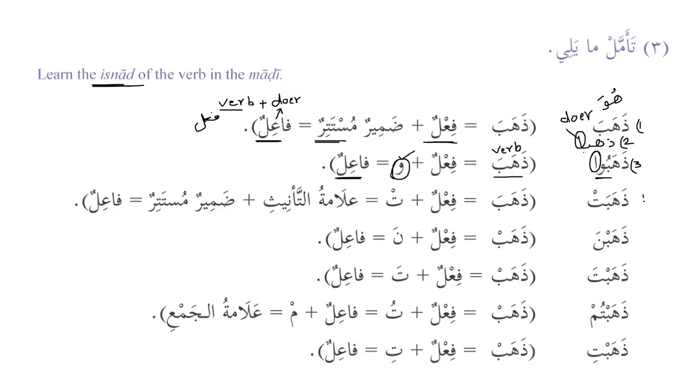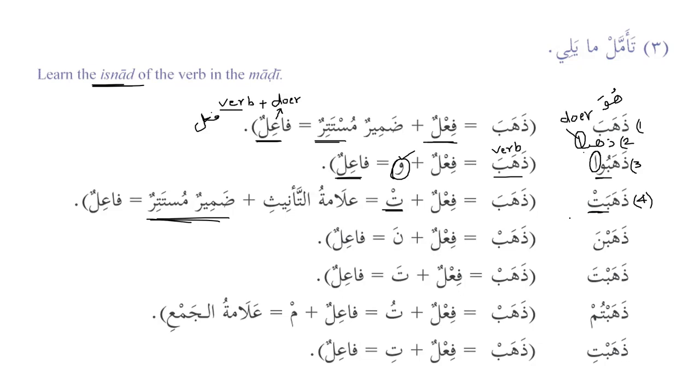In number four, which is dhahabat, again, the doer is damir mustatir. What is the doer? Damir mustatir. As we know that in form number one and form number four, the doer is hidden, damir mustatir. So dhahabat is the fi'l, and this ta is sakin. So this ta is always sakin. Dhahabat, kharabat, kharajat, nasarat,